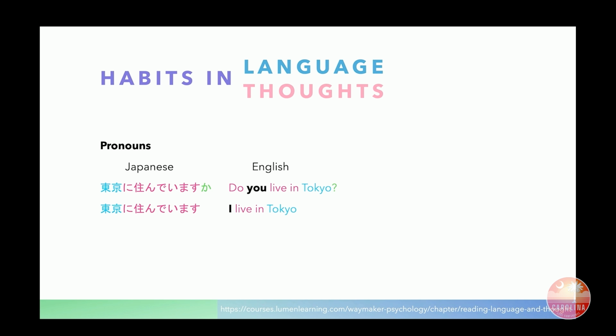So the Japanese, the first line says, Tokyo ni sundemasu ka, which is, do you live in Tokyo? And the second line is, Tokyo ni sundemasu, which is, I live in Tokyo. And the only difference between those two, I tried to color code it so it'd be easier to see, that green symbol at the end of the Japanese is ka, and all that means is that it's a question. So everything else is the same. Like, do you live, Tokyo, those are all the same. So the things that are missing are the pronouns, because Japanese is a language that often drops pronouns, but English